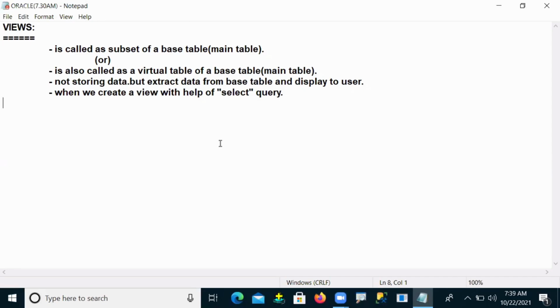So here, what we said, guys, is that it extracts data from the base table and displays it to the user.